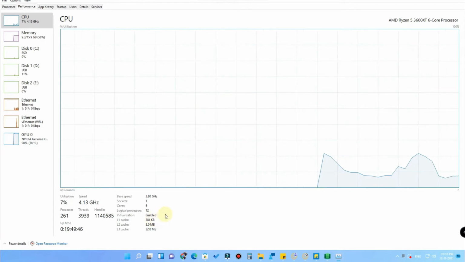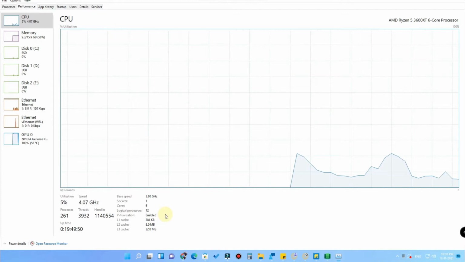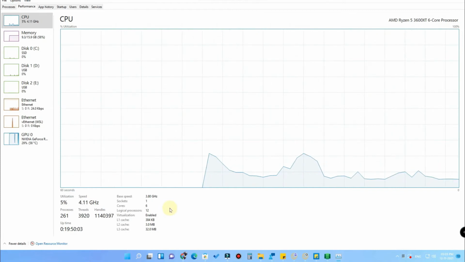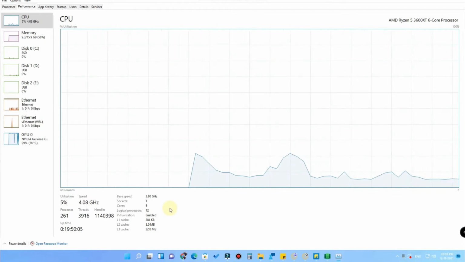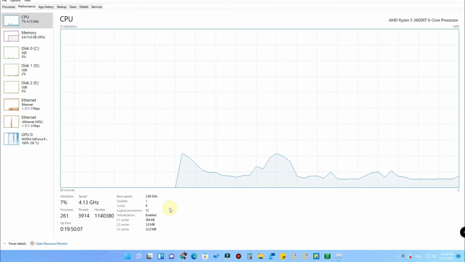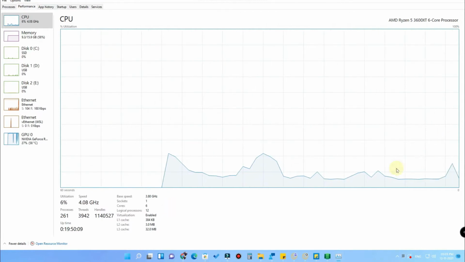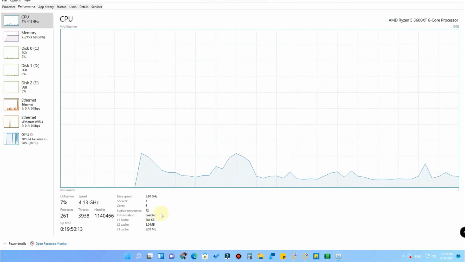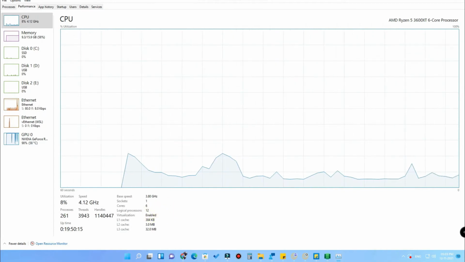So I have already posted a video regarding how to enable virtualization in your system. You need to enable this in your BIOS settings. That is also quite easy. You just go to the BIOS settings, and then go to the advanced option. There is a CPU virtualization option, so you just need to enable that. I also posted a video, which you can get in the i-card, so you can see that reference and enable the virtualization.